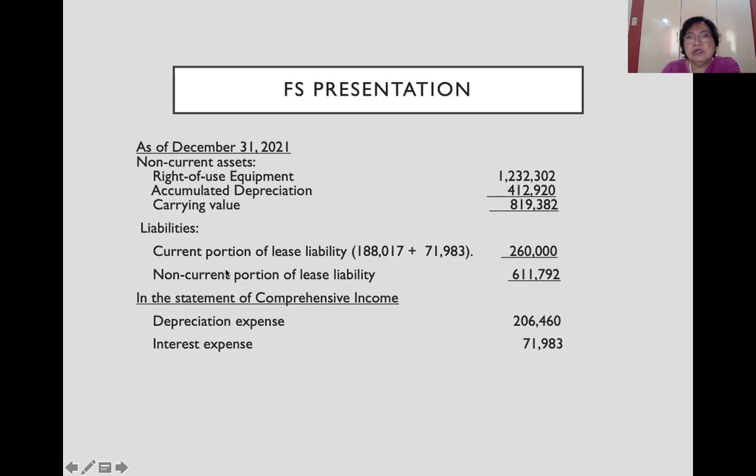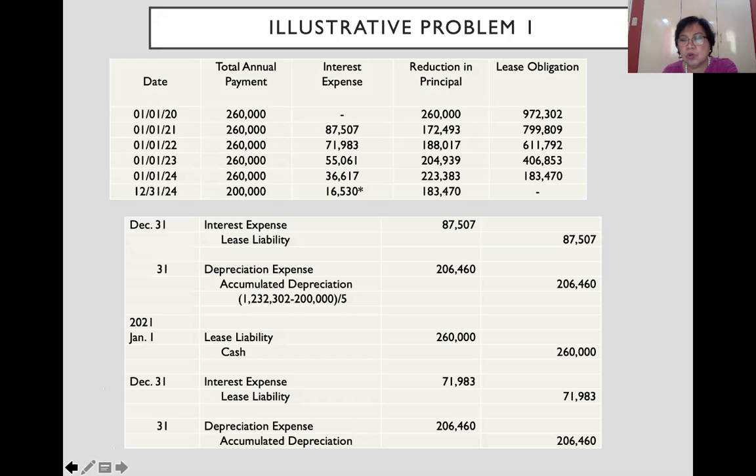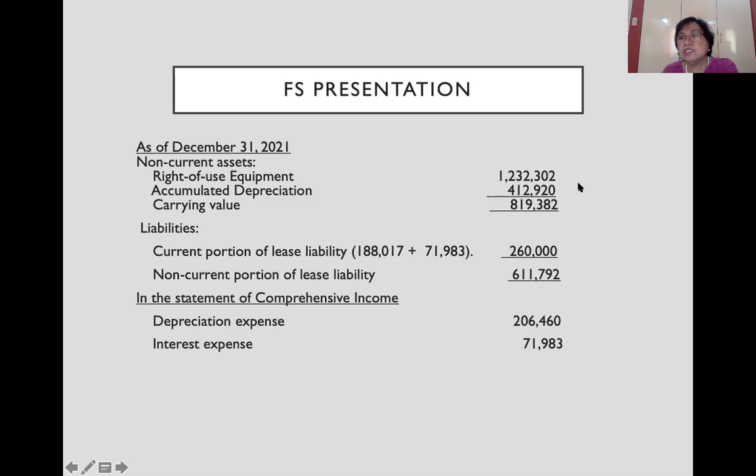So this is under supposedly property, plant, and equipment. So we have right-of-use equipment at its capitalized cost of 1,232,302. We have accumulated depreciation for 2 years. That is 206,460 times 2. So that is 412,920. Therefore, the carrying value of the asset is